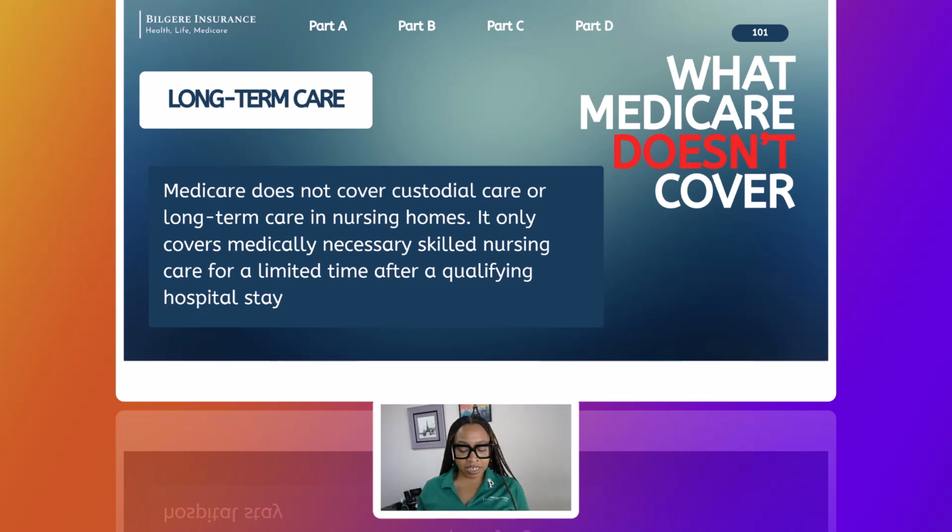Someone is living in an assisted living facility. For example, Mr. Taylor is 81. He has mild memory loss and struggles with cooking and managing meds. He moves to an assisted living community to get meals, laundry, and daily routines. So that is great for someone who doesn't want to be completely independent but wants to keep some of their independence. That is something that is not covered.